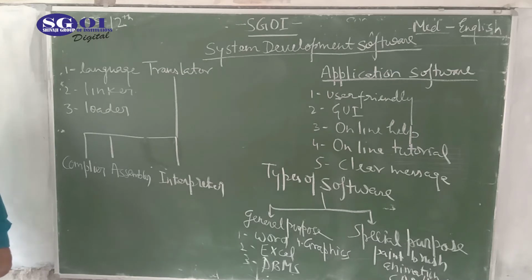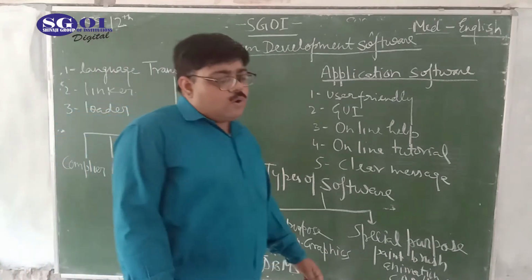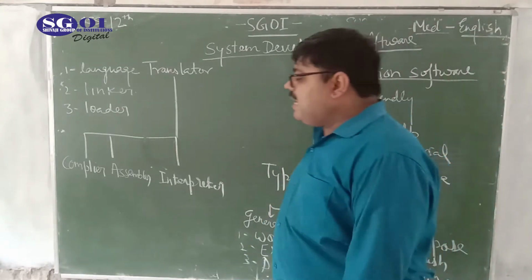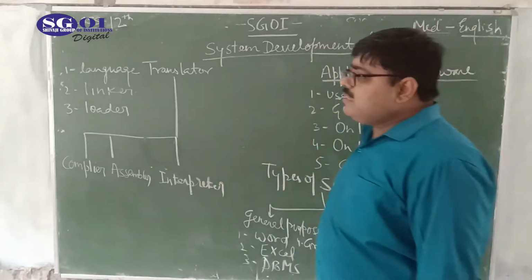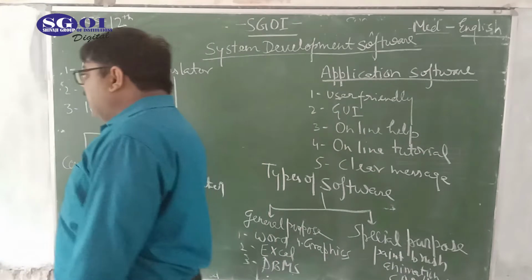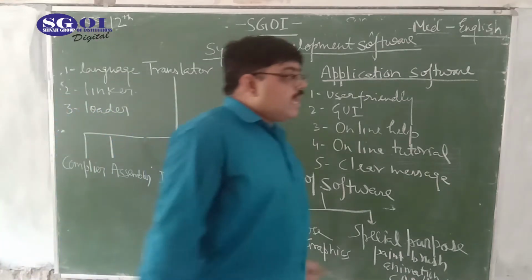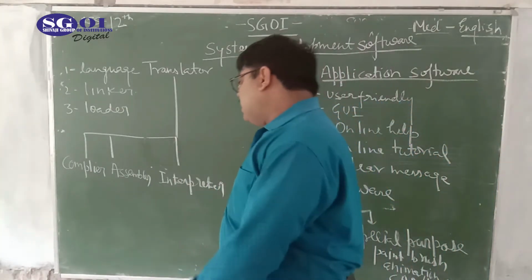If we want to develop any software, then firstly we write the code in high level languages, that is HLL, and after that the code is compiled by the compiler. The compiler converts the 4GL instructions into machine level instructions, so the computer can understand these instructions, process them and run them.